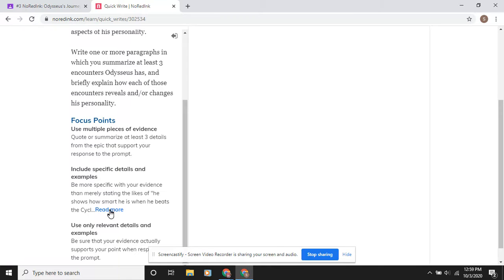Then you need to include specific details and examples. Be more specific with your evidence than merely stating the likes of, he shows how smart he is when he beats the Cyclops. Okay, that's way too general. Okay, you have to be specific in events that happened when he beats the Cyclops that particularly show off his